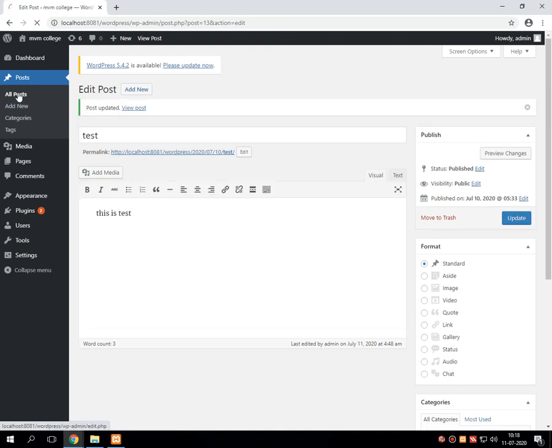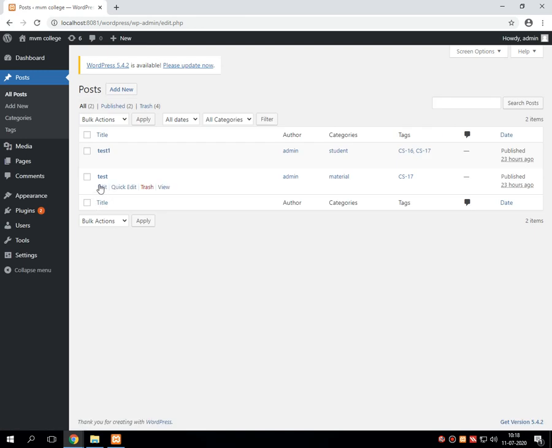Go into the all posts. Here you can see that the test post contains a tag with CS17. So this is the method using which we can add categories and tags.